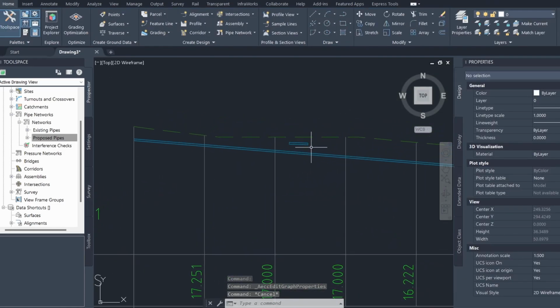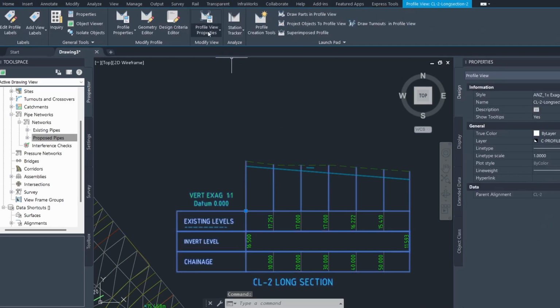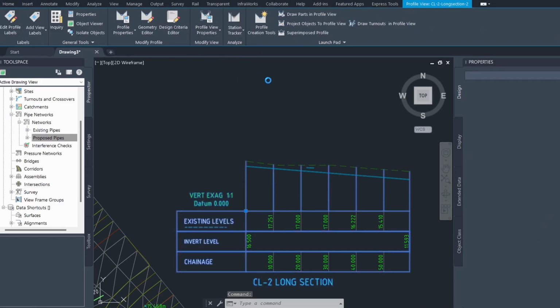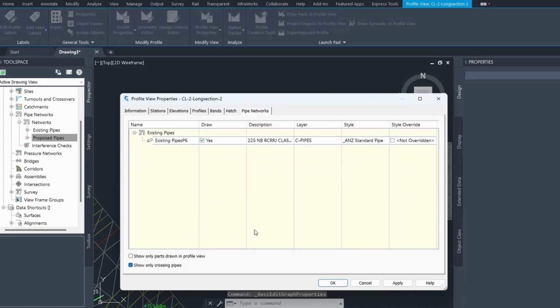And as you can see, our pipe is showing up on the profile view, but it's not looking as we'd expect. We'd expect the pipe just to be a circle instead of what it's like here. So let's go back to our profile view and edit the style of the crossing surface so that it's showing up correctly. So let's go to the profile view properties again. And if I click on show only crossing pipes again,